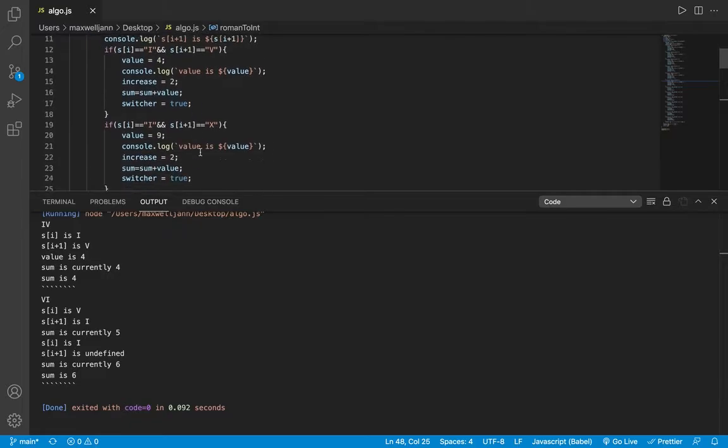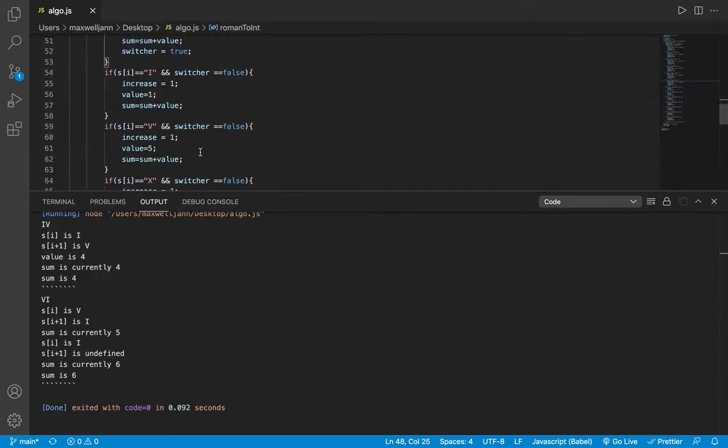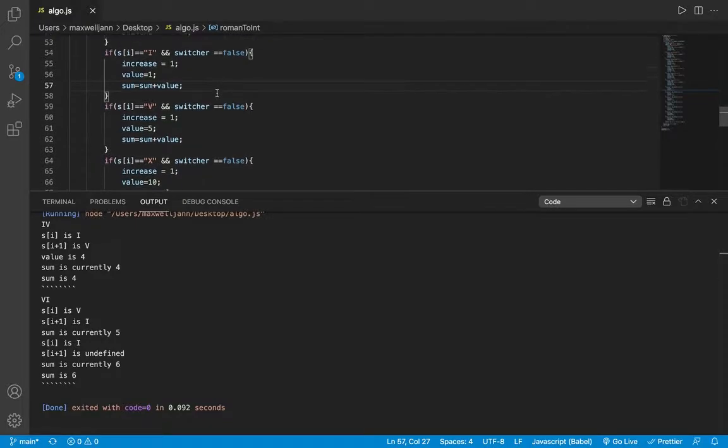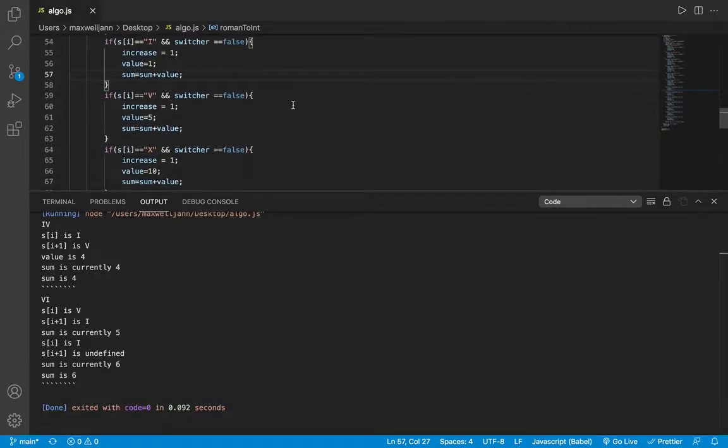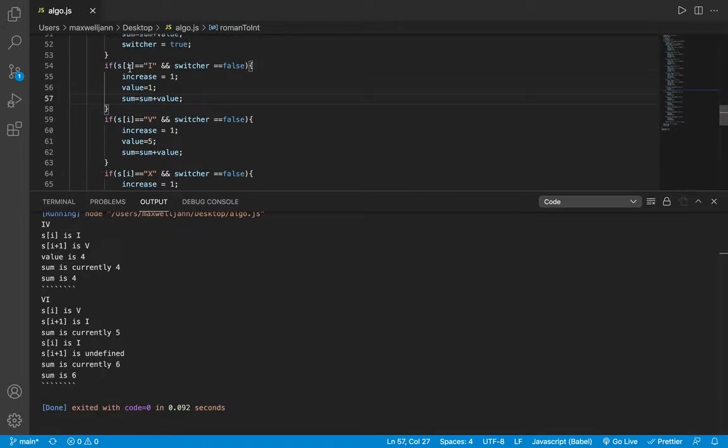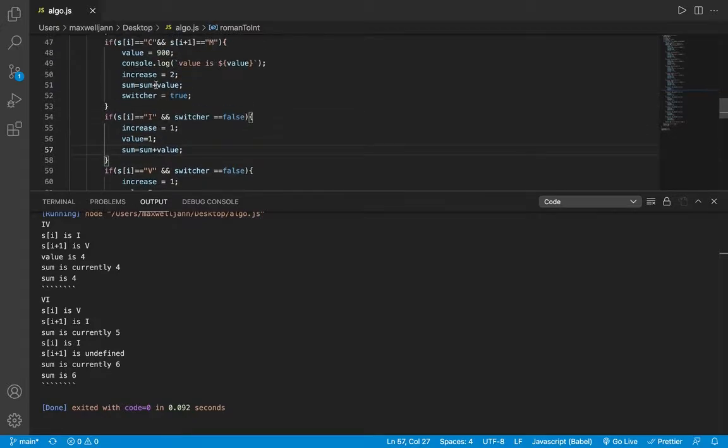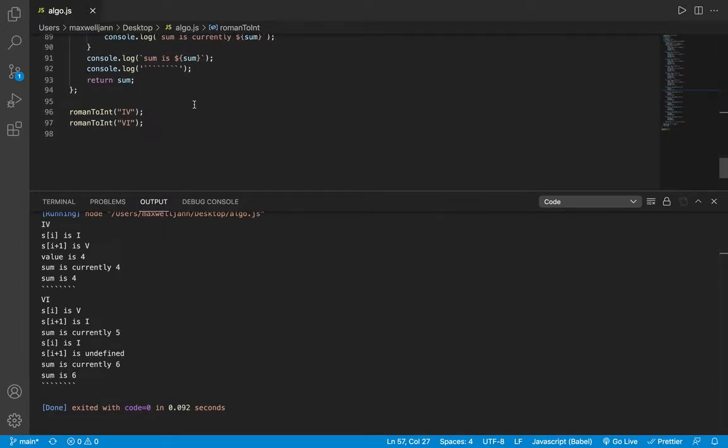because the special numbers are only 4, 9, 40, 90, 400, 900. So I figured it's okay to brute force that because it's not that much. It's like 6 instances. But otherwise, I'm saying if the switch is false, which means none of those things happen because I'm changing it to true in all those examples, then have our increase at just 1, meaning go to the next letter and add the sum. Whereas in these, I'm having the increase 2, because if I see a like let's say